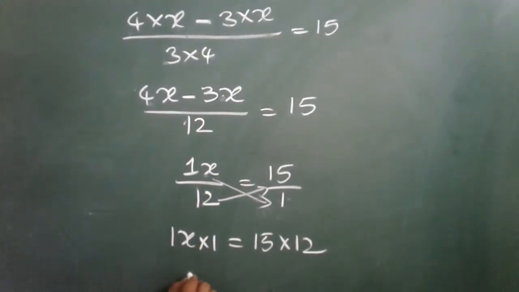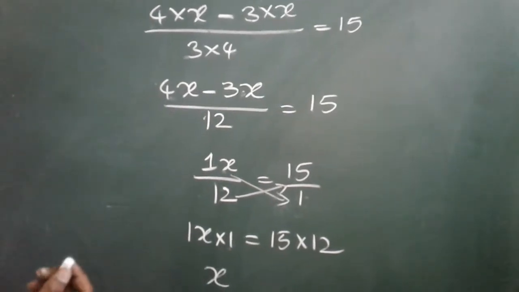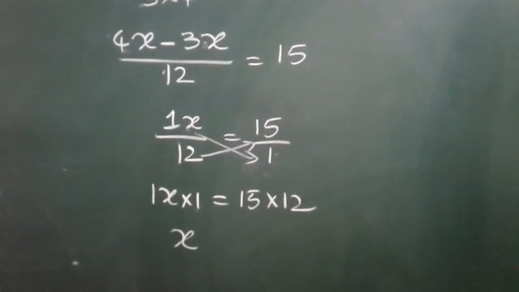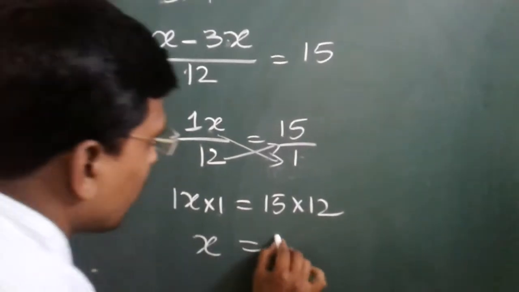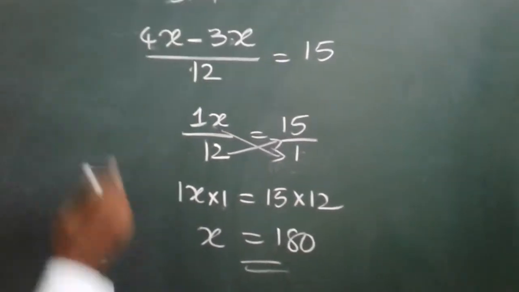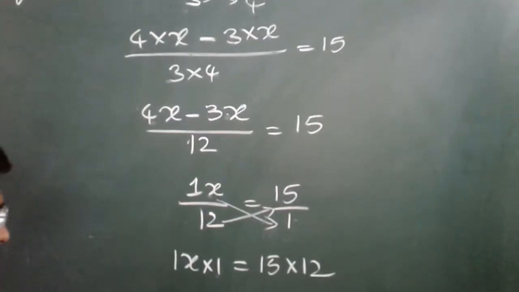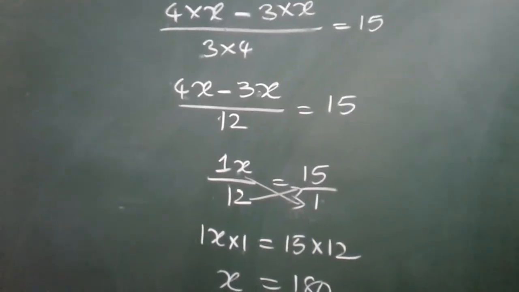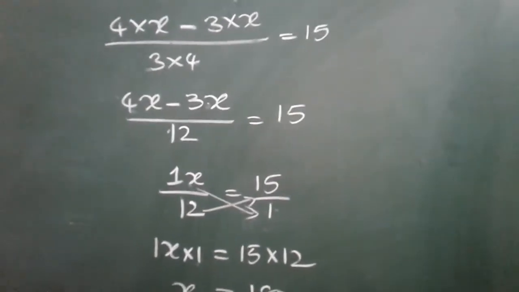So 1x into 1 is x only, because 1 is the multiplicative identity. So 15 into 12 is how much? 180. Therefore x is equal to 180. So what is the value of x here? x is equal to 180. So this is the value. In this way we can solve the problem. If you have any doubt whether it is a correct answer or a wrong answer,